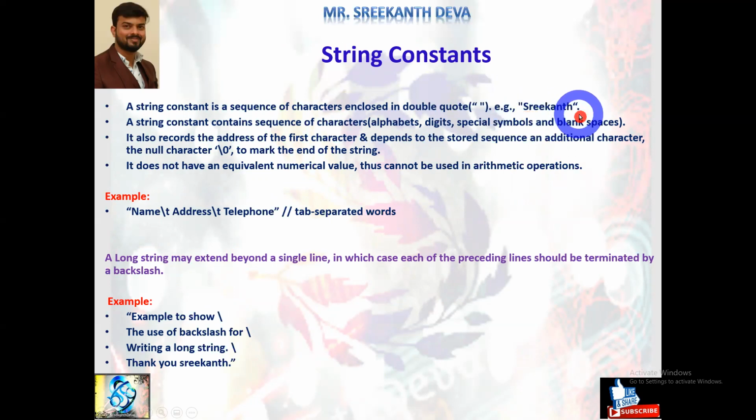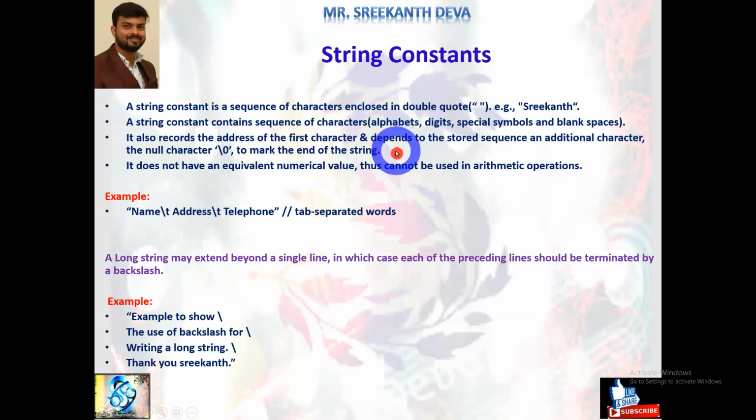It is a group of characters or collection of characters enclosed with what? Double quotes. A string constant contains a sequence of characters like alphabets, digits, special symbols and blank spaces. It also records the address of the first character and appends an additional character to the stored sequence. The last character in a string literal is the null character, represented with what? Backslash 0, to mark the